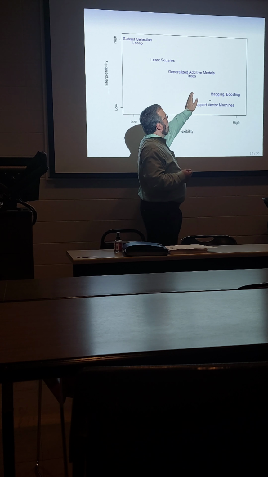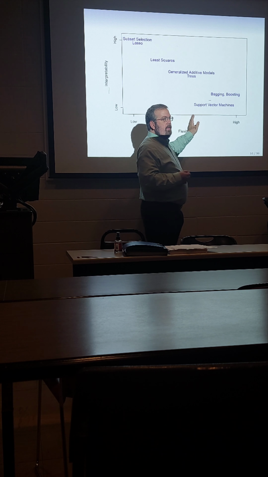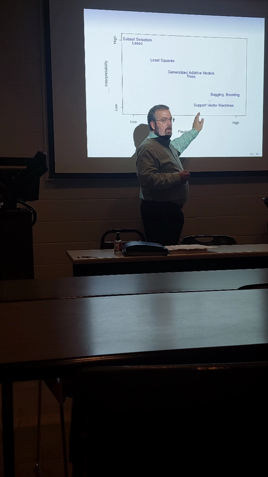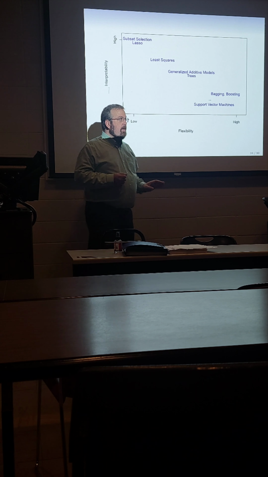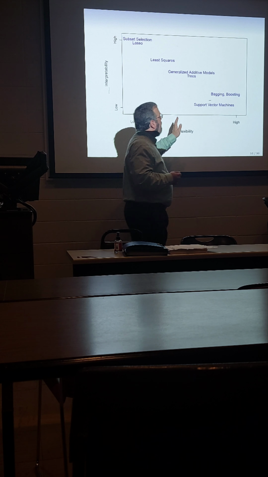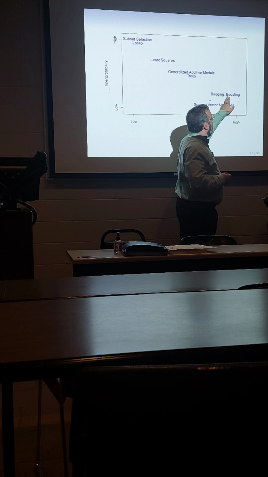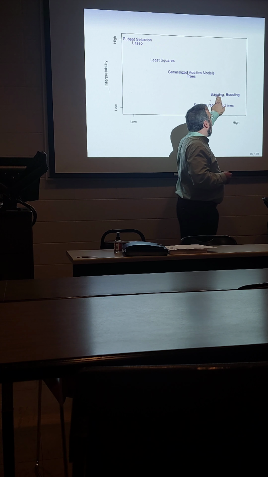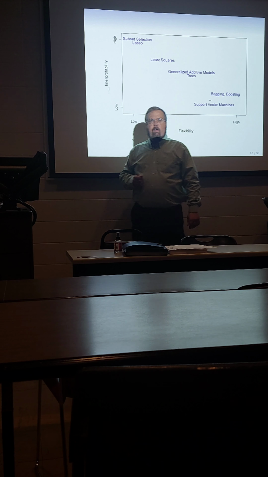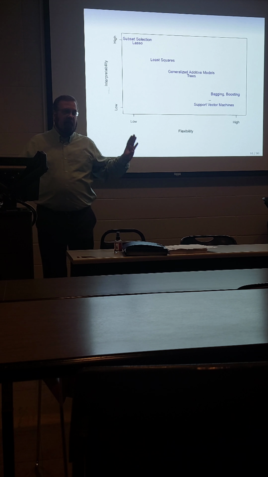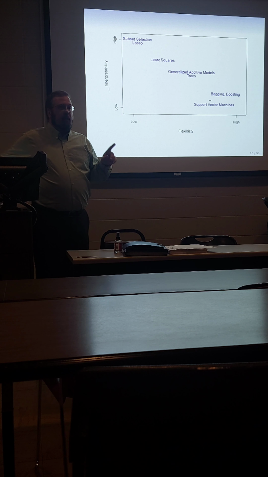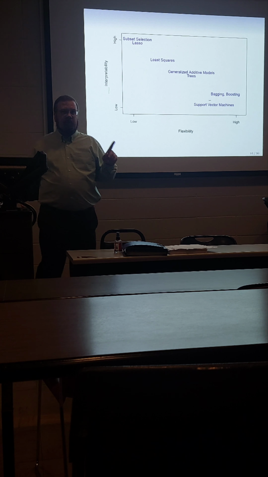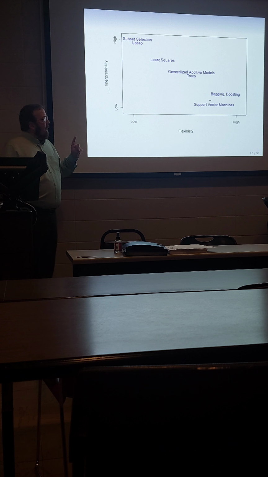So we notice that generalized additive models and trees are in here in the mid-flexibility range. They work pretty well. Trees can be applied a couple of different mechanisms here, but what we're gonna talk about, these last two are also trees, okay? Bagging and boosting are types of applications. We'll talk about them with regard to trees. Boosting can be used elsewhere, but bagging is specifically a type of tree operation. And what you end up with is what's called a random forest approach. So you end up with hundreds to thousands of trees.